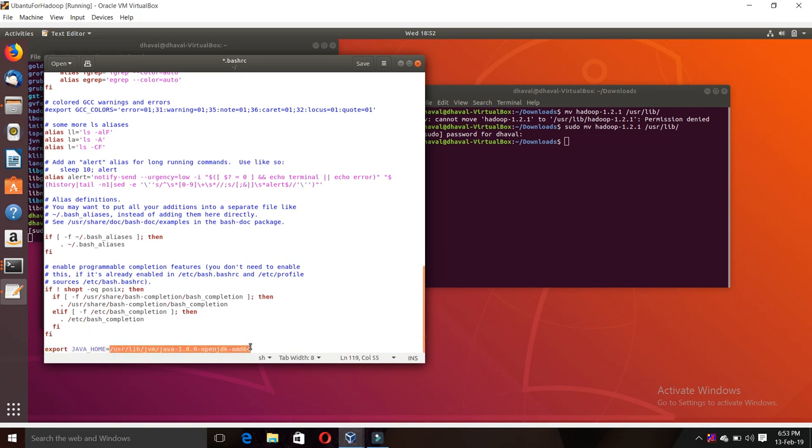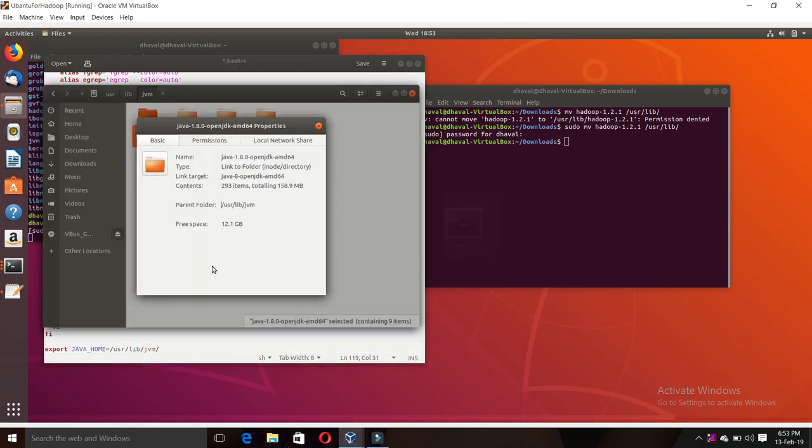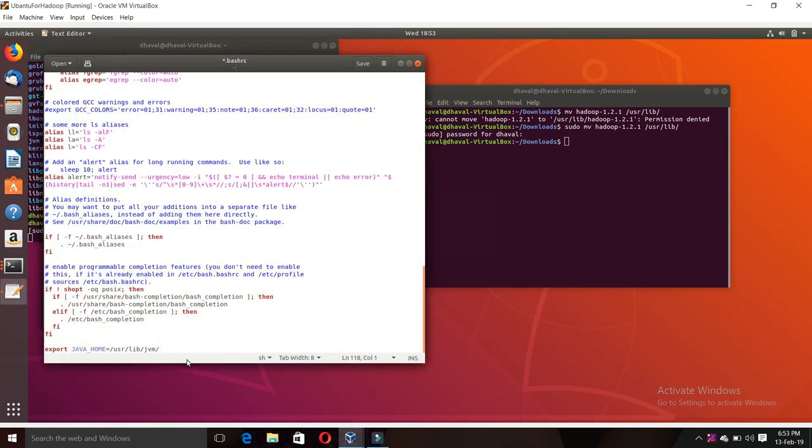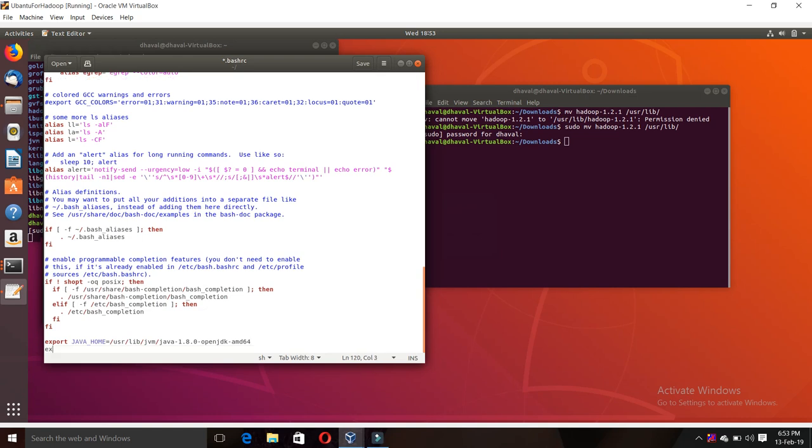Instead of writing it directly here, you can also paste the copied path, then slash, and I will also copy the file name. It helps to reduce errors. So now everything is fine. Okay, then run export